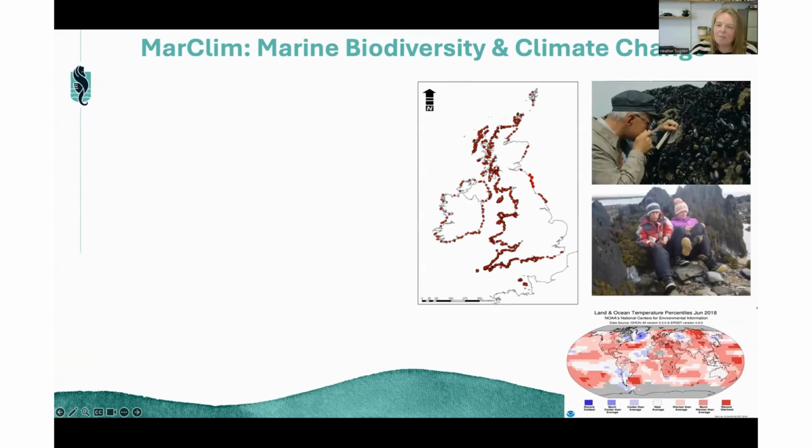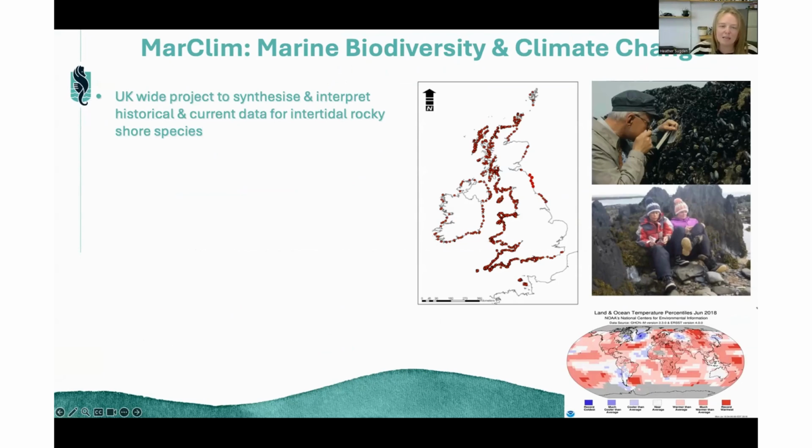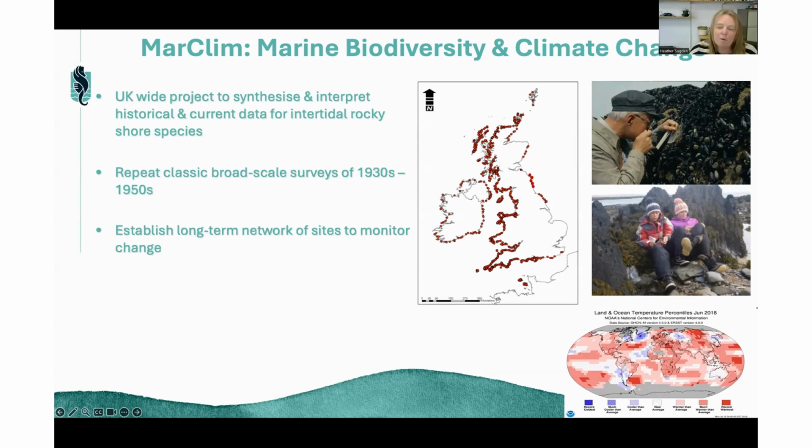So the project that we're going to be talking about is called MARCLIM. That is the time series that we're going to use, but then we're going to go into a bit more detail about how we use those data. It's a UK-wide project, and we use it to synthesize and interpret both historical data and current data that we've collected for intertidal rocky shore species around the UK. And we're repeating classic broad-scale surveys of the 1930s and the 50s, and we've taken that forward into today, starting from 2002 all the way forward